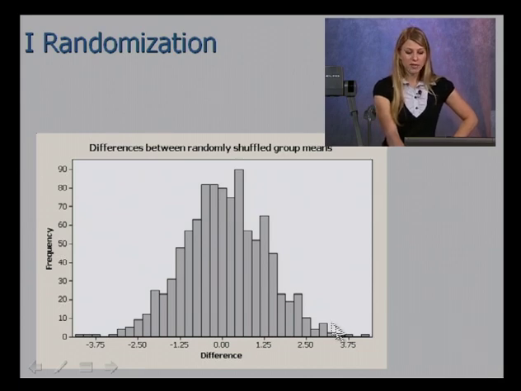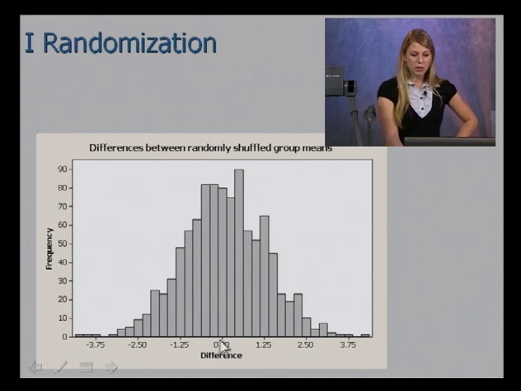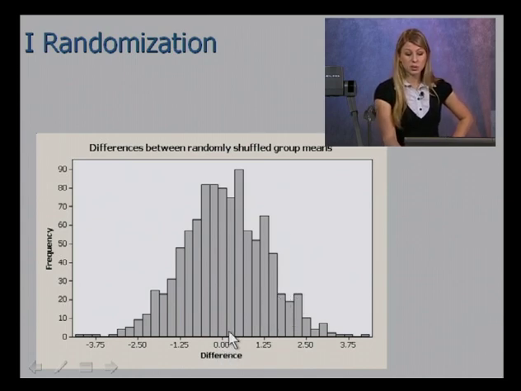So what you would do is on this distribution, you would plot your difference that you observed in your test statistic, 5.2, which is going to be way up here on this end, and you would calculate the area that is that extreme or more extreme in order to determine whether it's probable that this happened by chance or not. If your test statistic was in here, at maybe 1, right in here, then you would have a lot of area, a lot of observances beyond that happened just by chance, by random shuffling. If your observed test statistic, the difference between your two groups, was 0.2 right here, then you'd have a lot of area